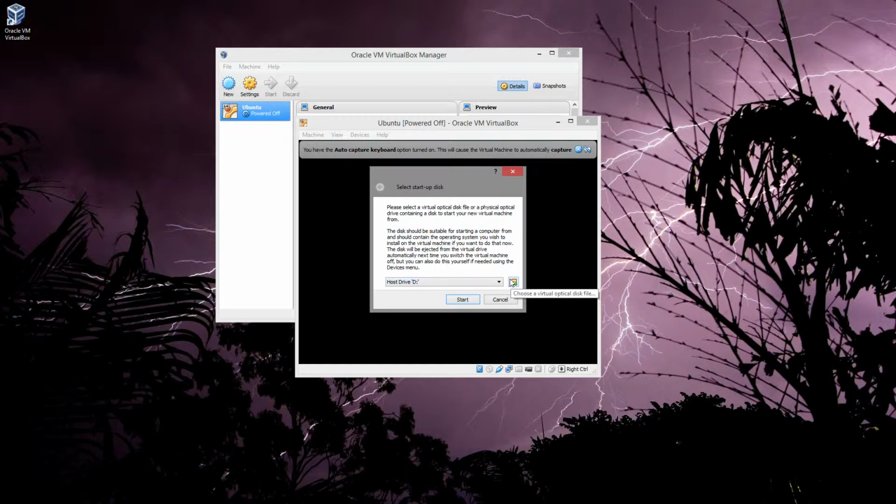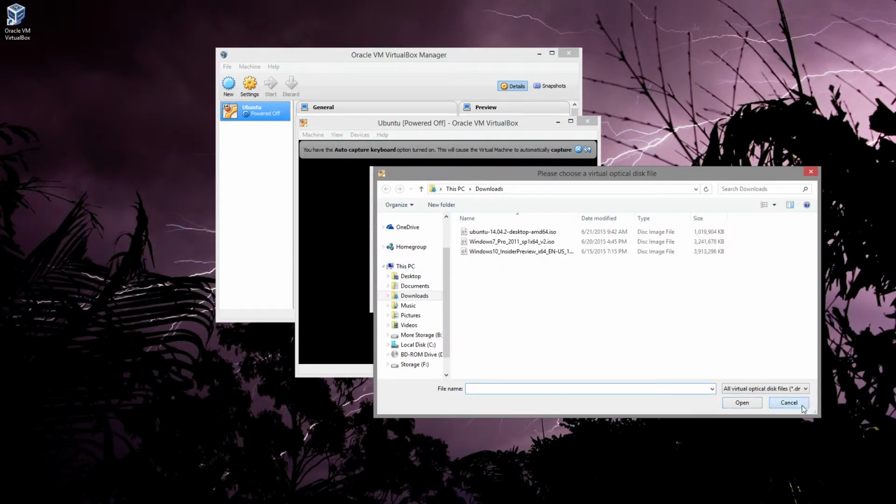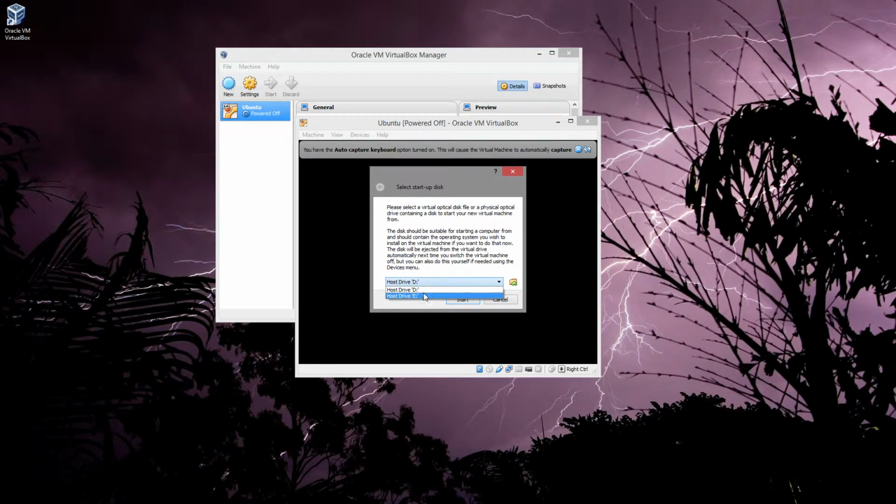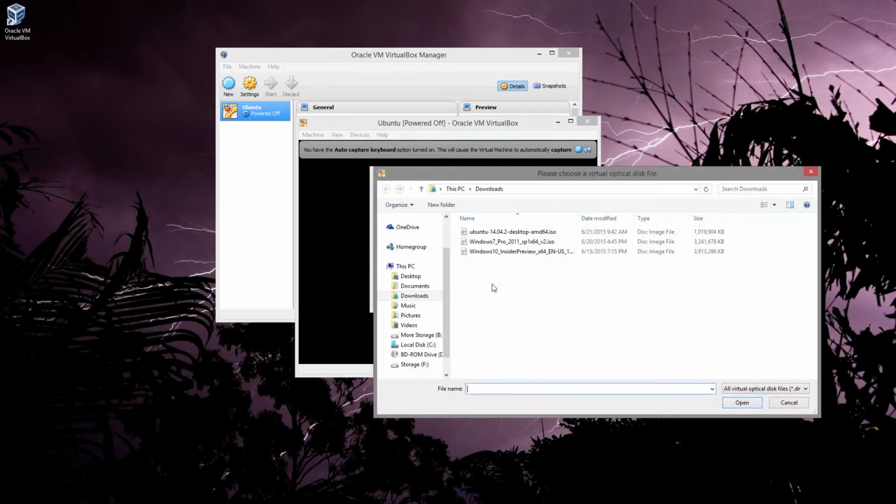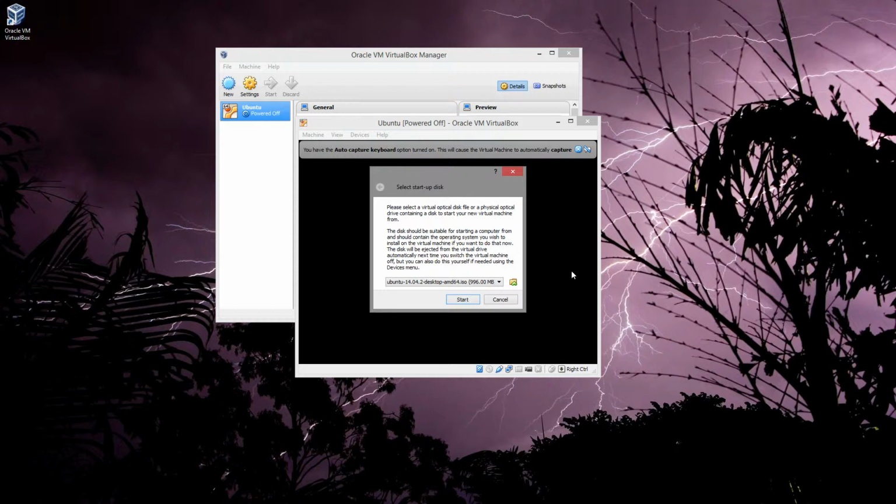If you own a copy of Microsoft Windows that you bought from Microsoft Office, you can download the ISO, or if you have another operating system you want to load, or if you have like a disk, you can. Those are all different options you can choose. You can actually pick these two, D and E are my two CD drives, so you can pick either of those. In this case, I'm going to choose my Ubuntu ISO. I'm just going to start there,